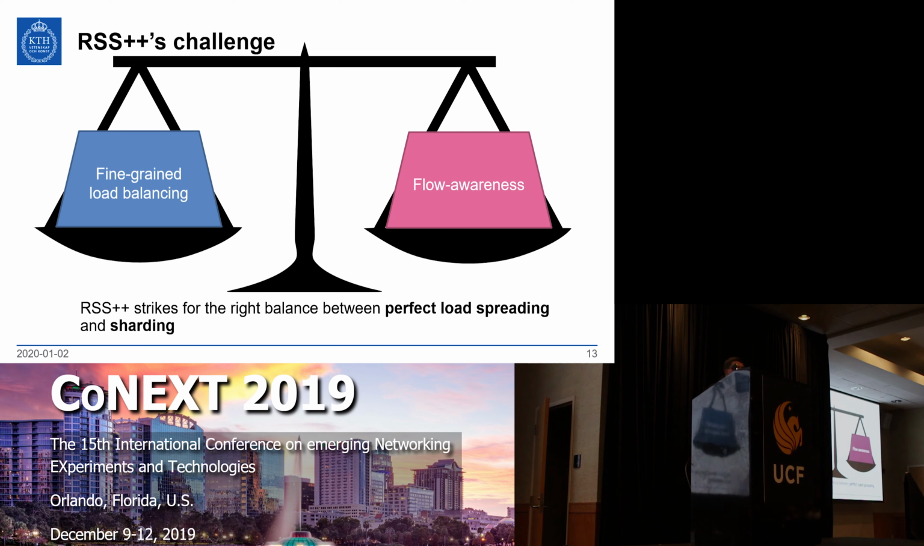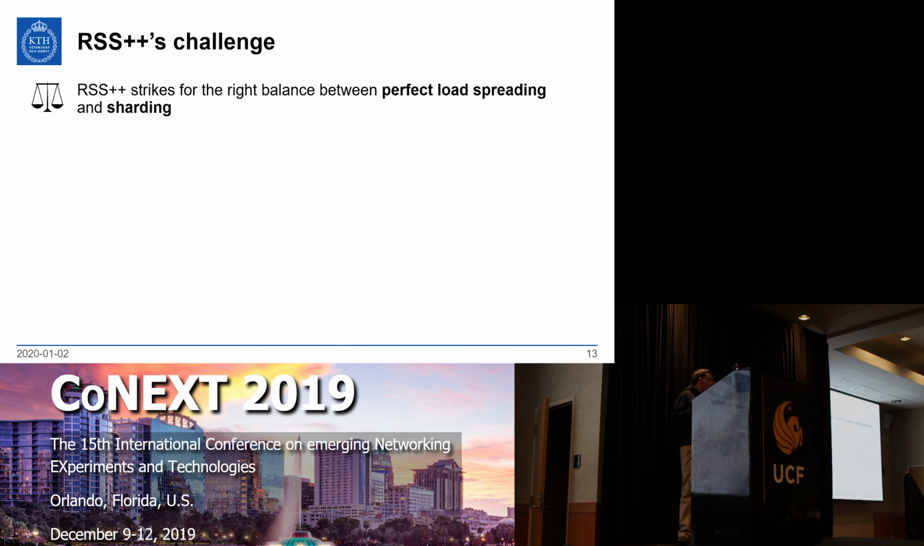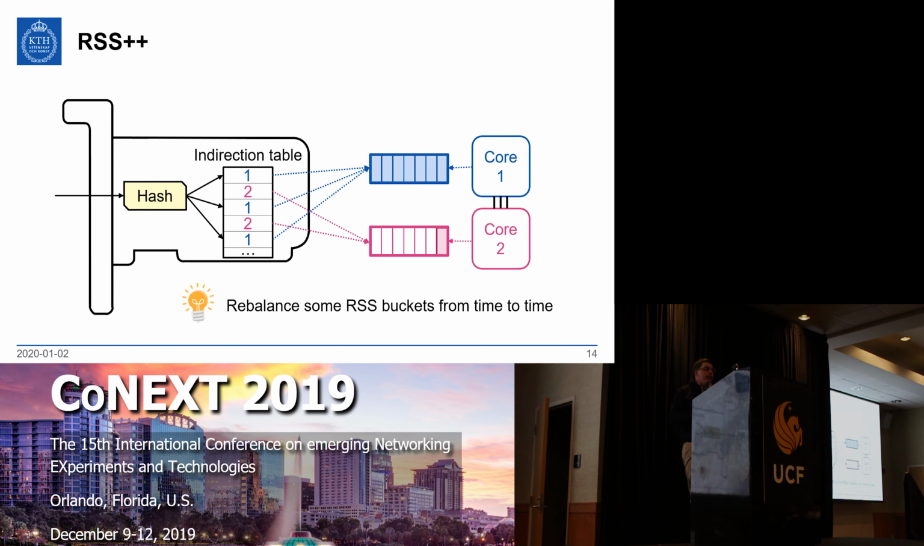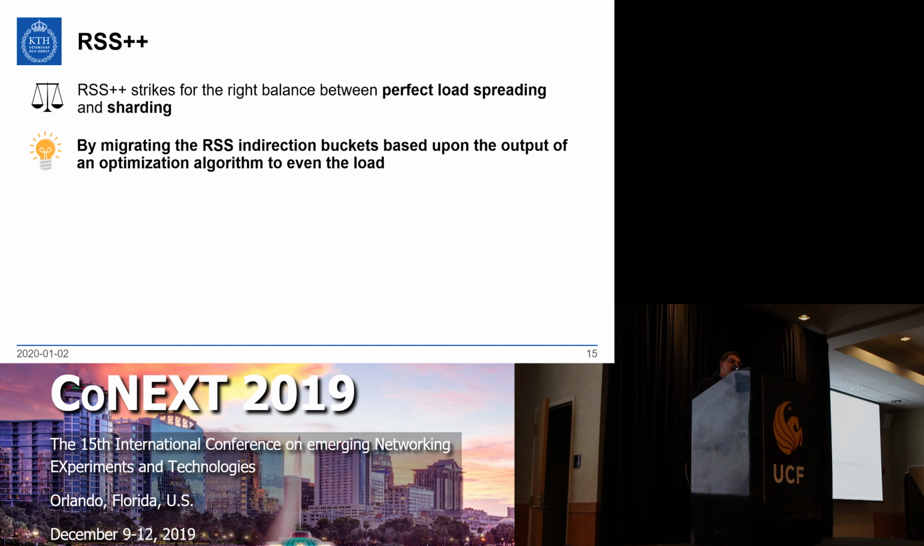So what we try to do in RSS++ is to strike the right balance between this load balancing and churning. And we do that by migrating some of the RSS buckets from time to time, right? So you remember that those buckets are used to select some queue according to the last bits of the hash. So if we rewrite an entry that currently dispatches packets to an overloaded core to an underloaded core, that will shift some of the load of the overloaded core to the underloaded core, right? And we don't select entries randomly. We use an optimization algorithm, which will tell us which buckets to move to which underloaded core to have the best